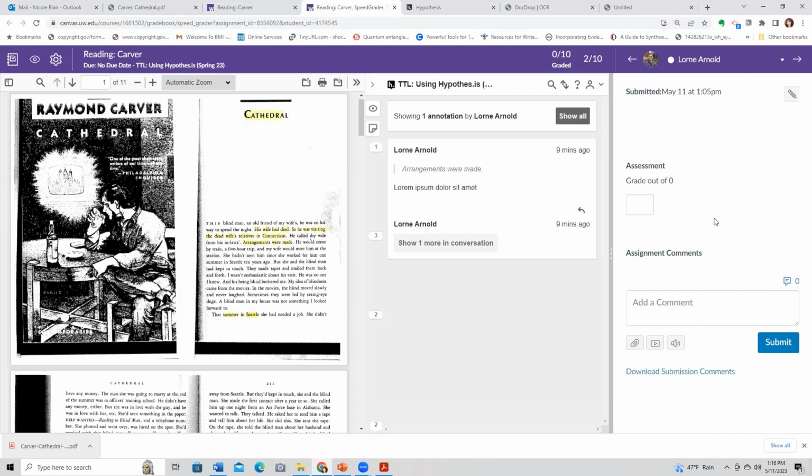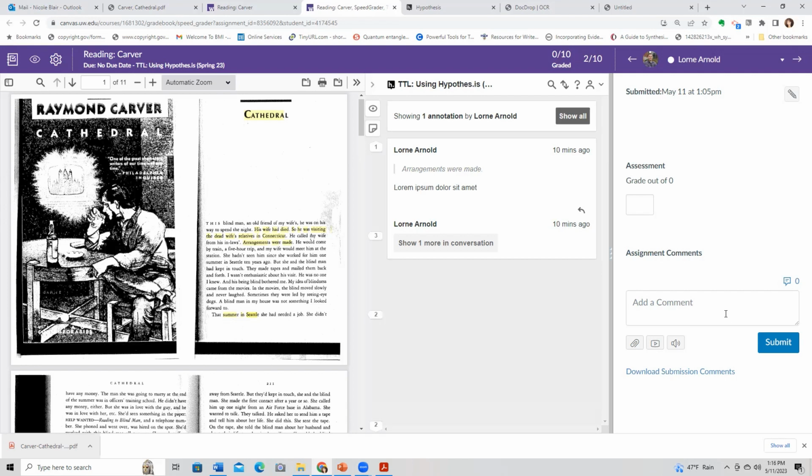But if they're obviously not, before I would go in and count off, I would just make a comment to the student in the private comment section, not on the annotation. I might say, well, next time, why don't you think about digging down a little bit more, give me a little bit more. Does that make sense? So the idea is to incentivize them to read.